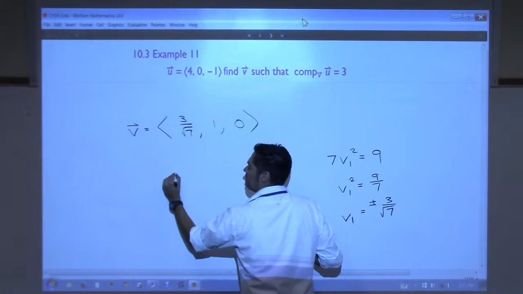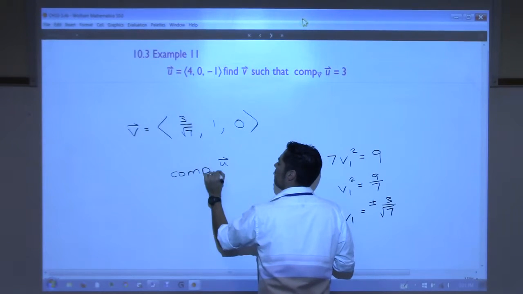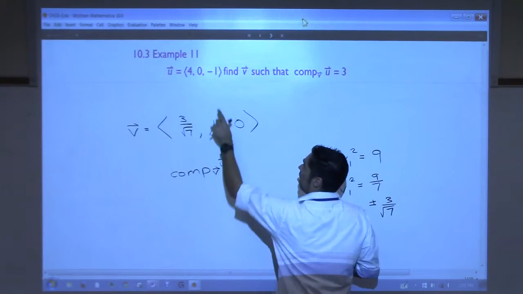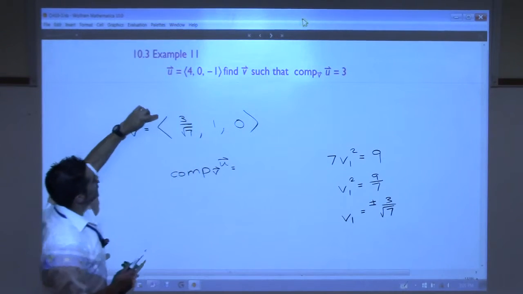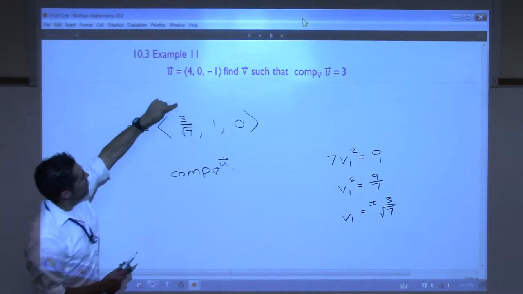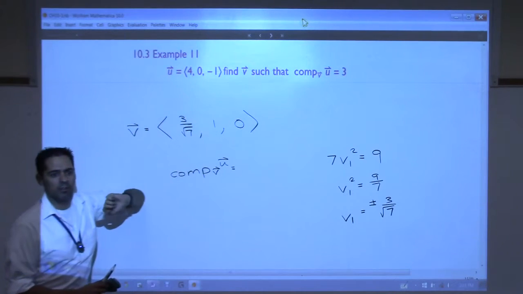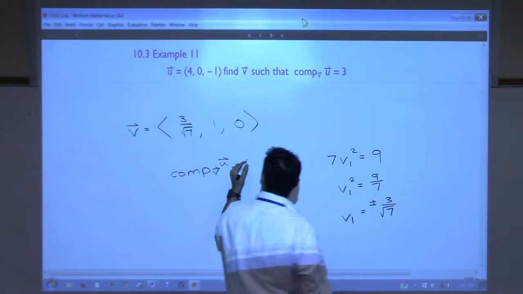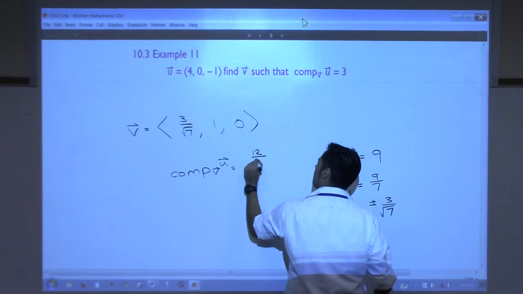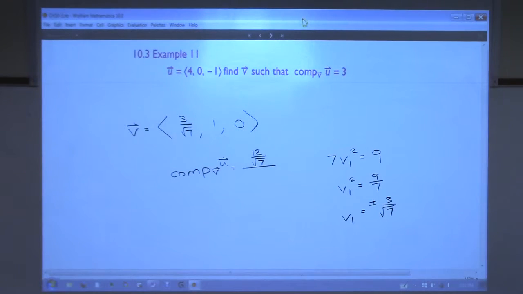So I need the component of U onto V right now. That's dot these two together, right? The dot should go pretty clean, right? What's the dot going to be? 4 times this, 0 times 1, negative 1 times 0. So it's just going to be 4 times this, right? Which is 12 over root 7, over the magnitude of